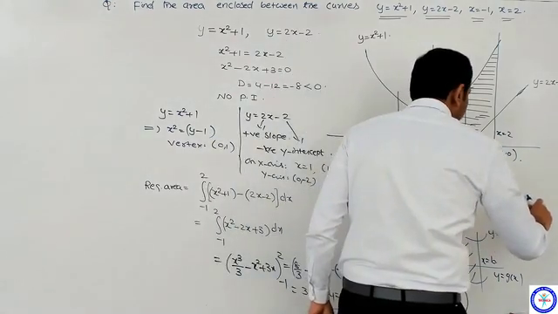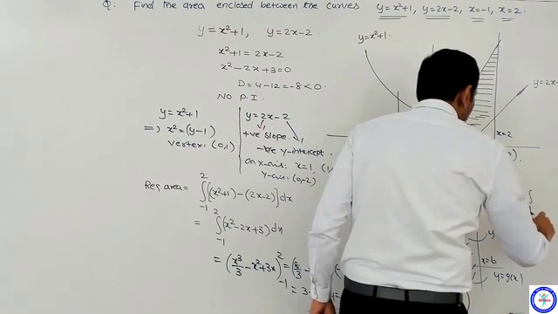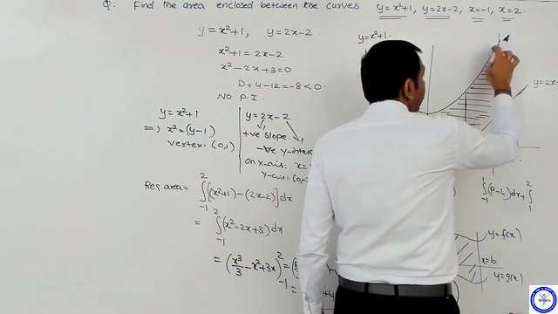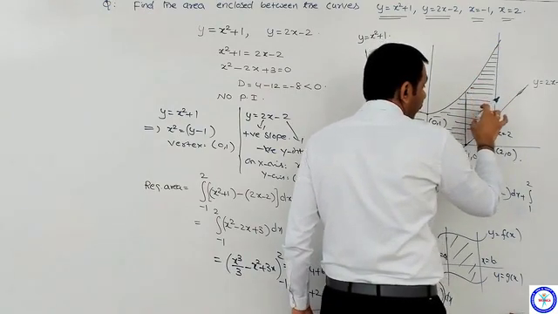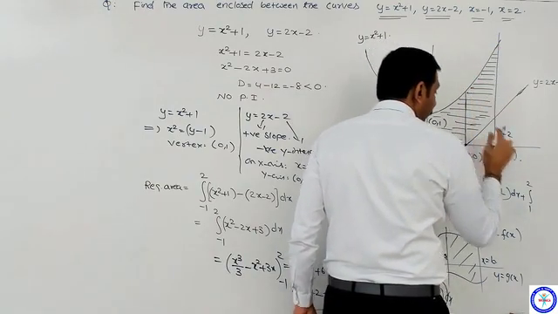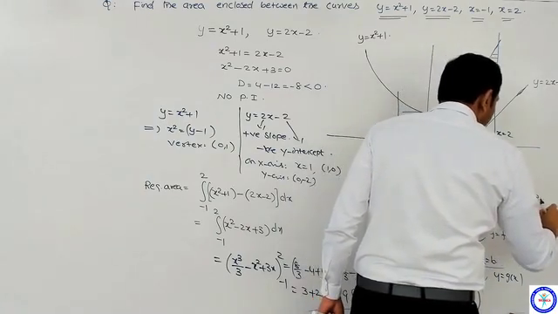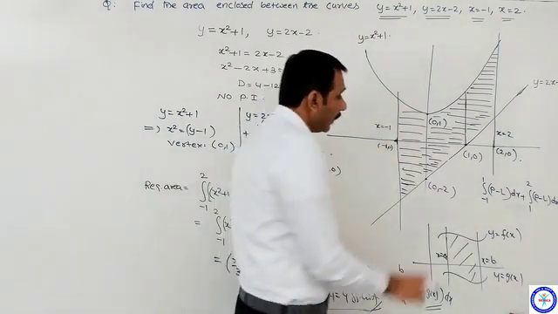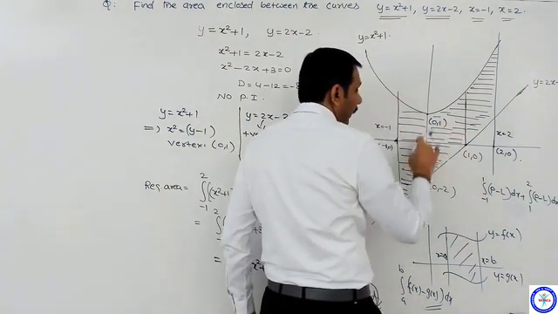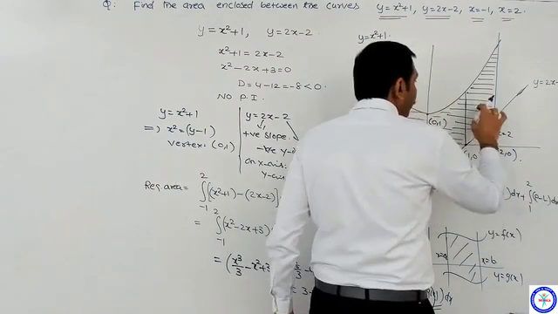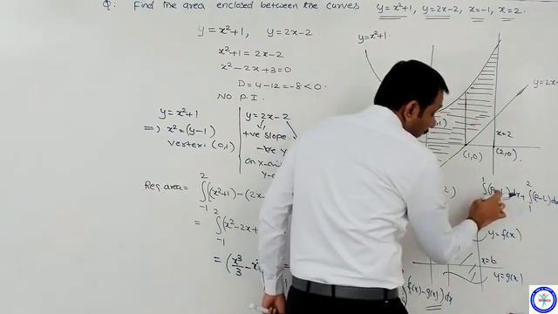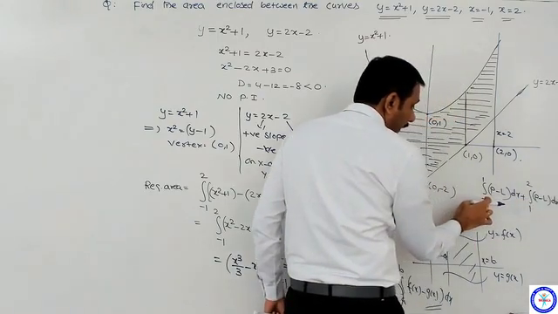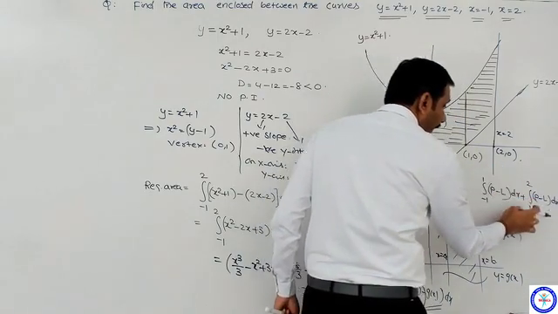plus integral 1 to 2, here it is parabola, which means the complete area plus this area I will get, but I have to subtract this. Therefore, I am writing parabola minus line into dx. This integral will give this area, this integral will give this shaded area. Of course, this curve parabola minus line, here also parabola minus line. Limits of integration you see, minus 1 to 1, 1 to 2.